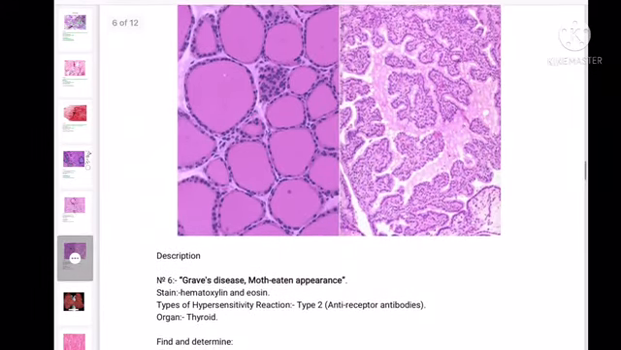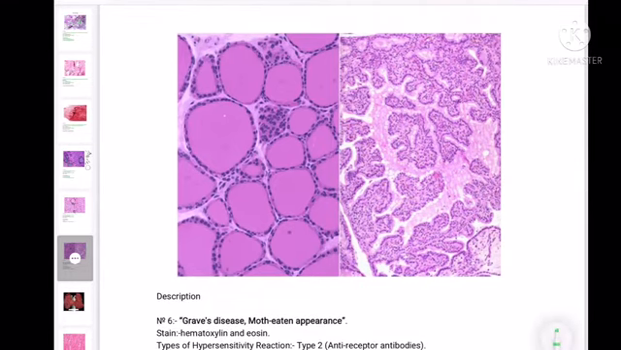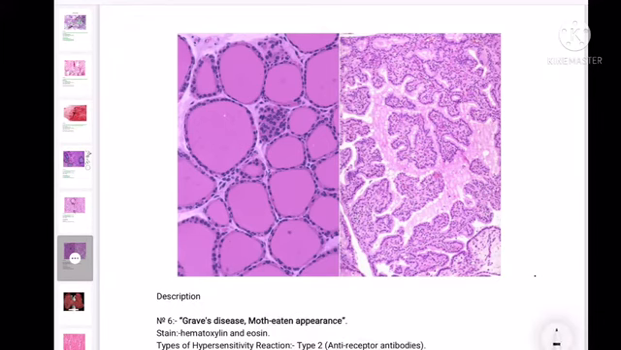The next one is Graves' disease. Graves' disease is very common in females, and a lot of questions are asked about it. We have image number 1 and image number 2. Here we can see the normal follicle. Previously we saw the Hurthle cells, which are quite big compared to these follicular cells. All these are the follicular cells,